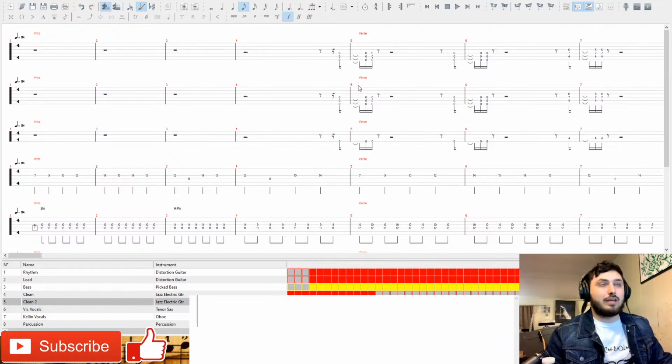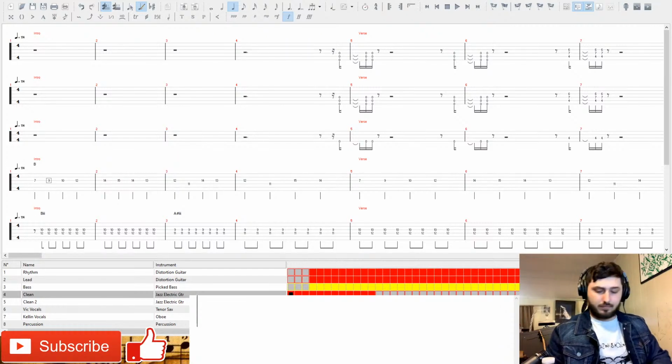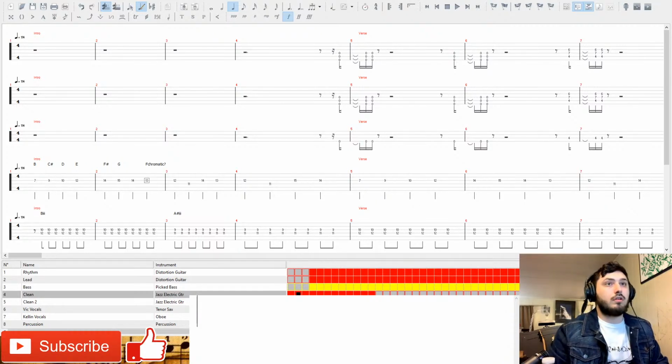So now that we know that, we can take a look at our melody notes and see what's going on. So we've got a B, C sharp, D, E, we've got F sharp, G, back to the F sharp. We've already notated we have one, to an F. So that seems chromatic because we already have an E and we have an F sharp. So let's mark this F chromatic, question mark.